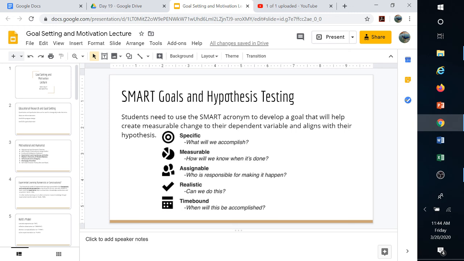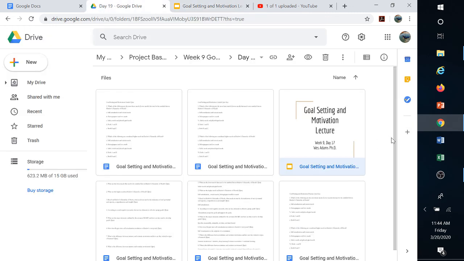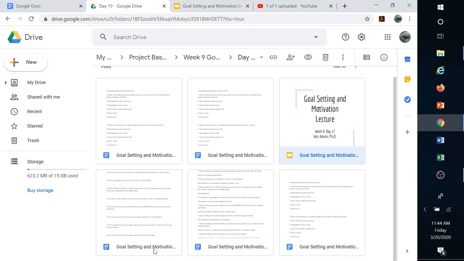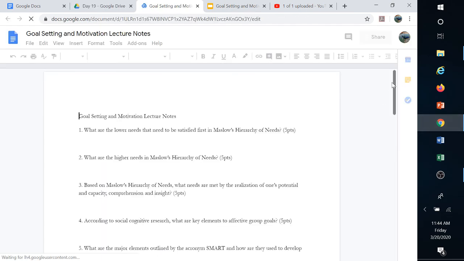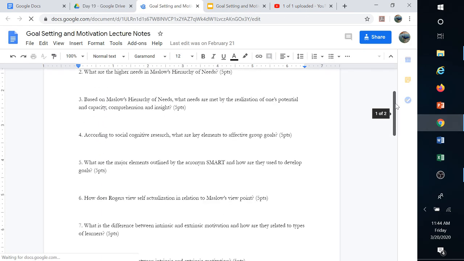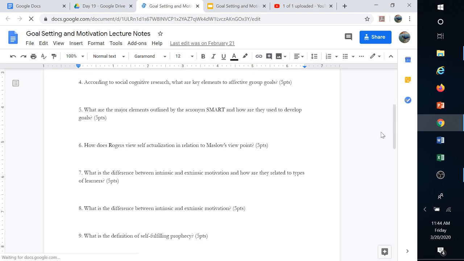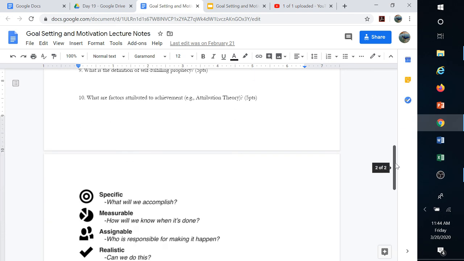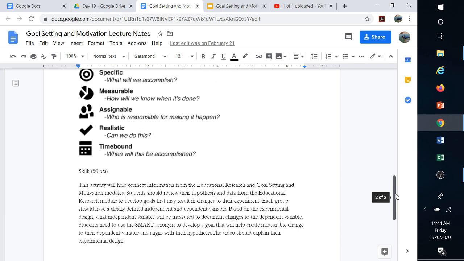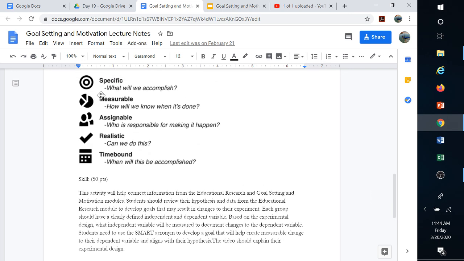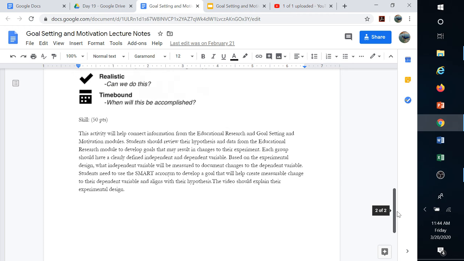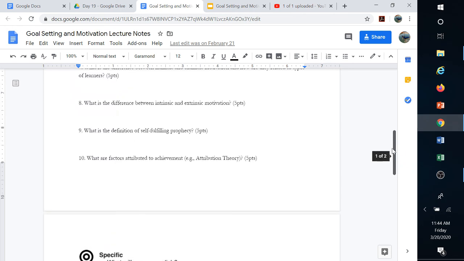Hopefully you follow along with your lecture notes. You can go into these if you want to; I've got them posted up. Make sure that you fill out all the questions here before you do the quiz, because it has some quiz-related questions that'll help you out on your quiz. Then do your SMART goals for your empirical design to stay on task with that empirical research, and then submit this. You'll see the link